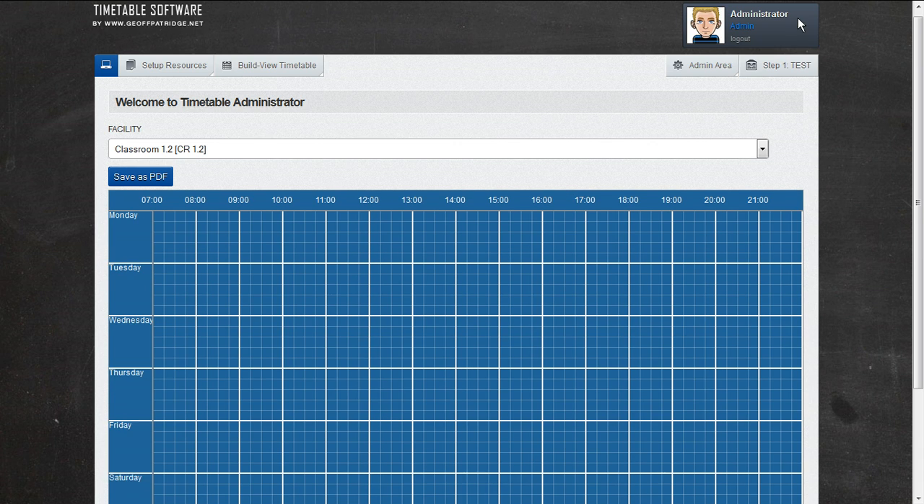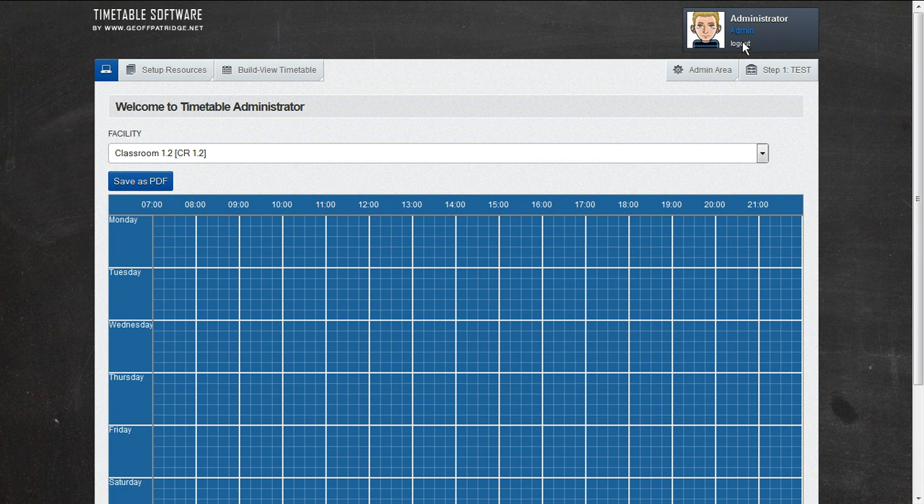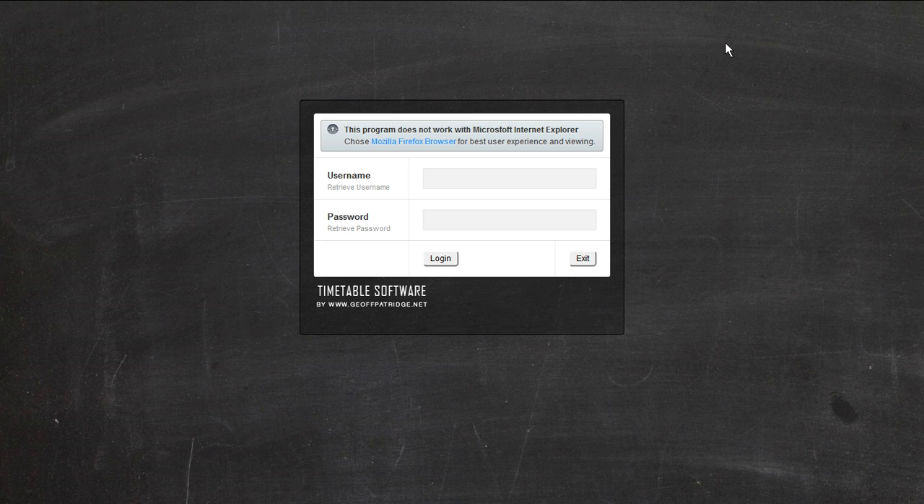So when you finish doing everything, you just go up here and click on log out. It takes you to this screen and returns you back to your home page. You click on this one here